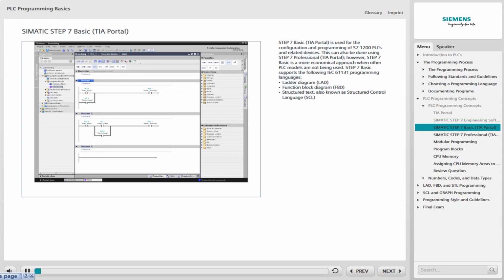Step 7 Basic TIA Portal is used for the configuration and programming of S7-1200 PLCs and related devices. This can also be done using Step 7 Professional TIA Portal. However, Step 7 Basic is a more economical approach when other PLC models are not being used. Step 7 Basic supports the following IEC 61131 programming languages. Ladder diagram